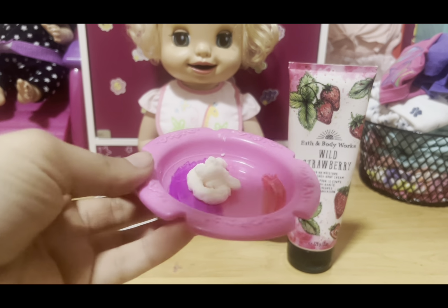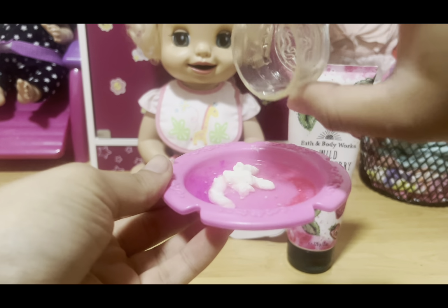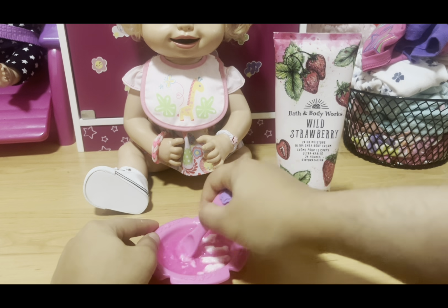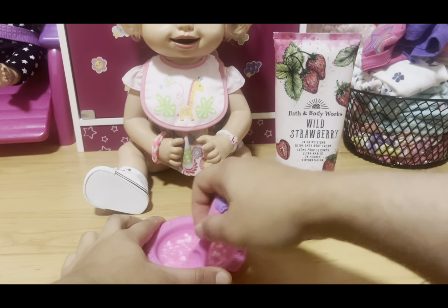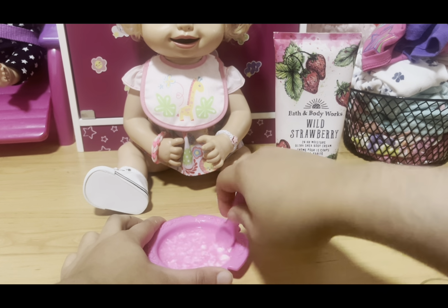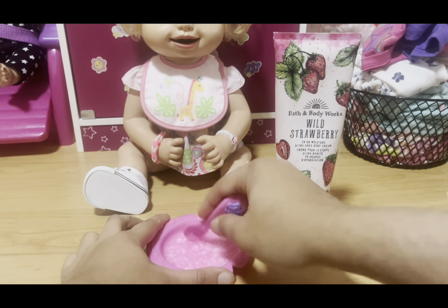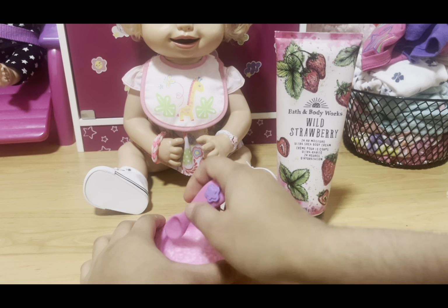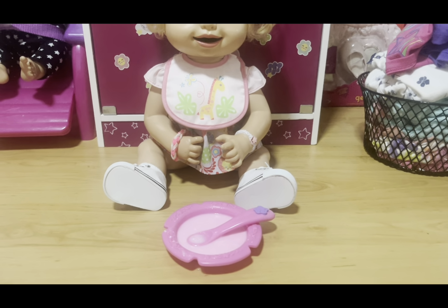And then we grab some water, and we're just gonna dump that in. And I actually spilled some, so that's great. And then now we're just gonna mix this. Okay, I decided that I'll mix it off camera just for a little bit,